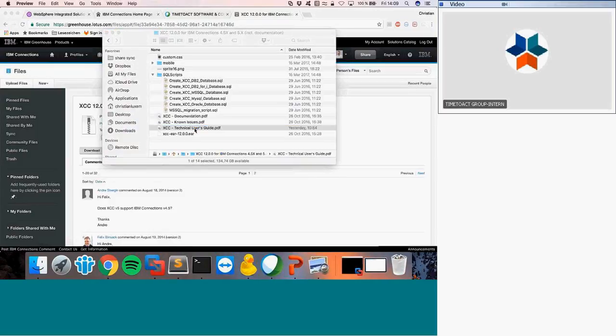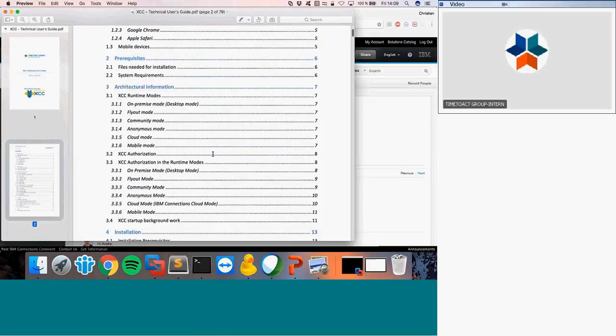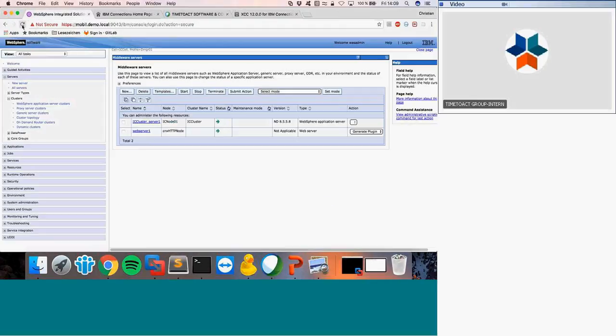So we will start with the technical user guide. I will show you the user guide which we will go through. We will start with the installation, which is here in chapter 4, the installation prerequisites. I will start with creating a cluster and creating one cluster member, so a new application server. And on this server we will install XCC. So let's start. I will open my